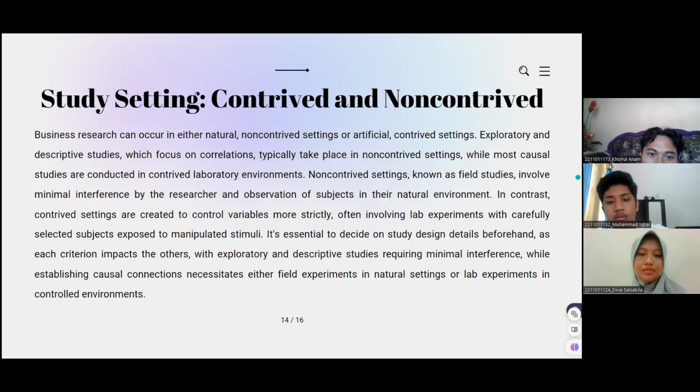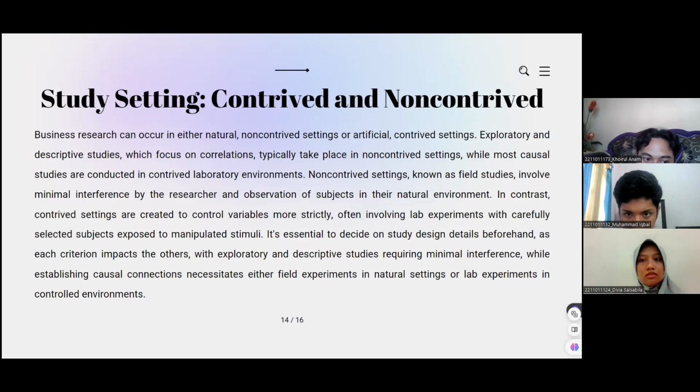Next one is study setting, contrived and non-contrived. Business research can occur in either a natural, non-contrived setting or an artificial, contrived setting. Exploratory and descriptive studies, which focus on correlation, typically take place in non-contrived settings, while most causal studies are conducted in contrived laboratory environments. Non-contrived settings, known as field studies, involve minimal interference by the researchers and observation of subjects in their natural